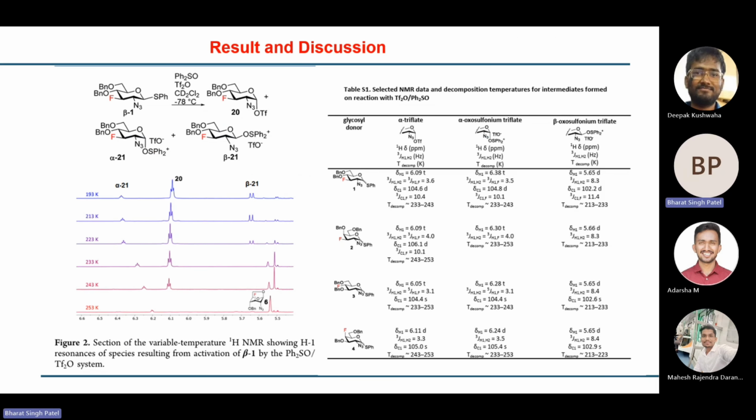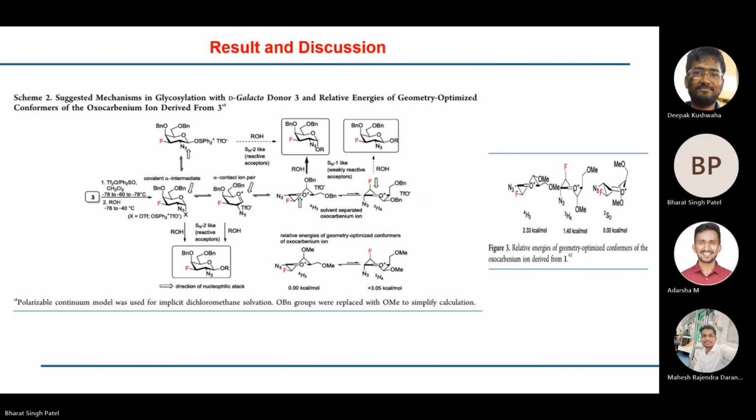Hello. Yes, sir. Go to the mechanism slide. So before that, my first question: in the whole paper they have used glycoside, glucoside, or galactoside. Can we call that a glycoside? Because it is just a C2 deoxy azide sugar. I don't know. If you see the nomenclature, it will be 2-deoxy-2-azido. So for the general term, that's what they are just telling.